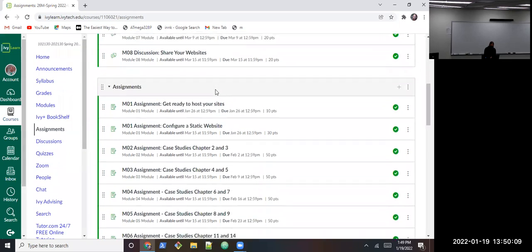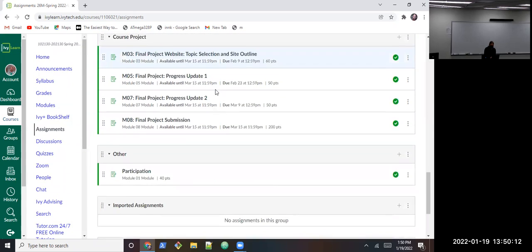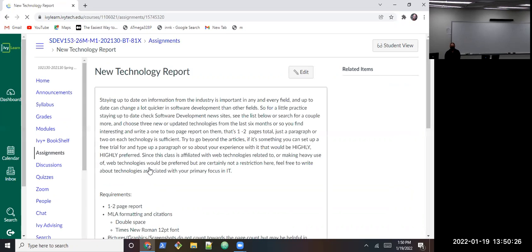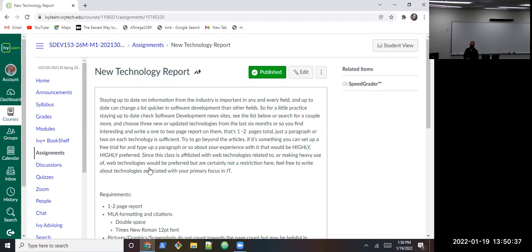Okay, so here are the assignments. Scroll down here, the essays. So there's 2 of them. I'll start with this one. Those who have me in more than one class, this is one I tend to put in almost every class. I skipped a few classes recently because people would see it over and over again. But the story behind this is a few years ago,